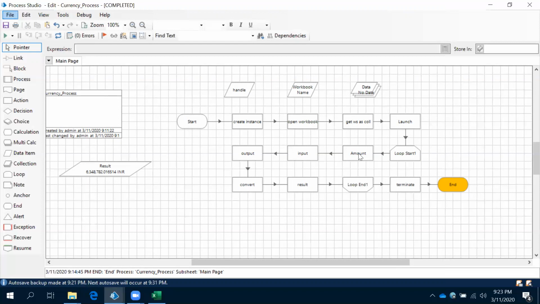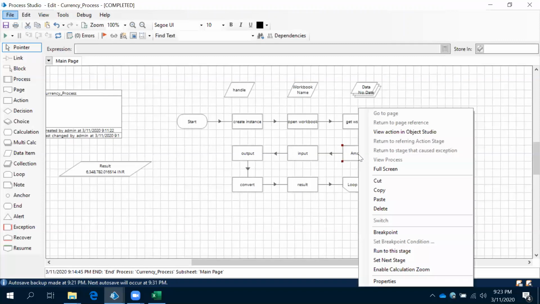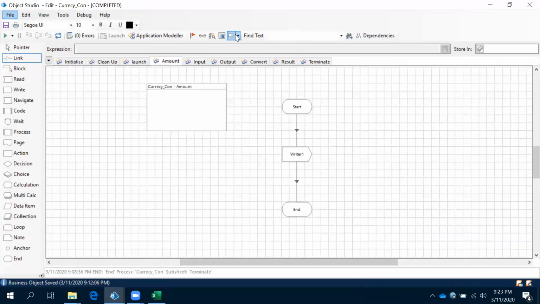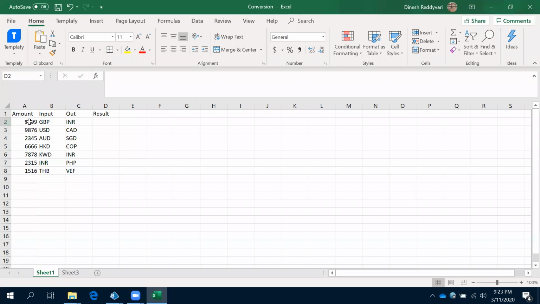But when you observe this here, see this in the amount. What is the amount it is going to write? Let me show you. View action in Object Studio. The amount we have given. But what is the amount it is giving? 66666. But what is the amount it has to take? This one.